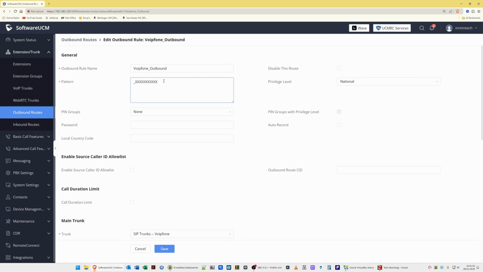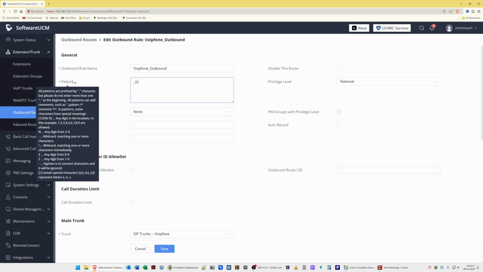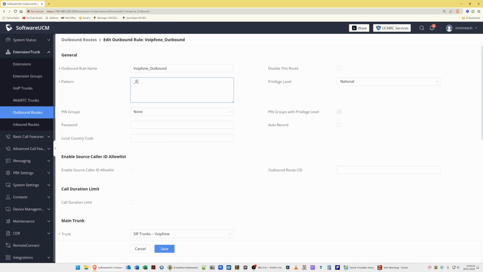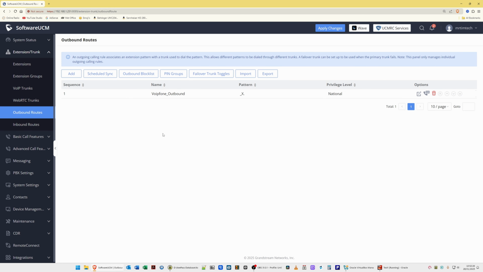So for the pattern, I would recommend changing this to underscore capital X and then a full stop. So this will be a wildcard option. Say for example, if you have different length telephone numbers, so numbers in your region of different lengths, say for example 11 digits, 7 digits and so on, this will cover all numbers lengths by changing the pattern to underscore X full stop. So once you've done that, click save, and then again for inbound routes, select this option and